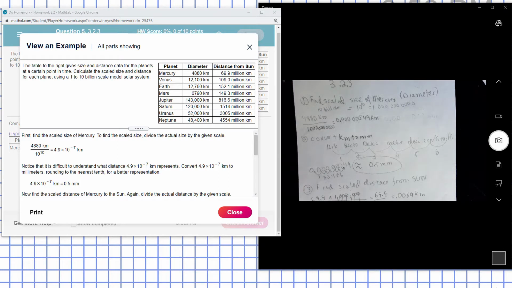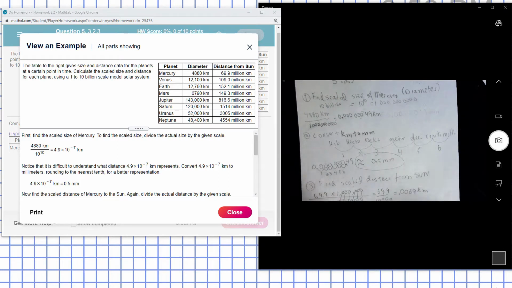For this one here, the table to the right gives the size and distance data for planets at a certain point in time. Calculate the scale, size, and distance for each planet. Use the 1 to 10 billion scale on the solar system. So they give us a table here. What we end up doing,